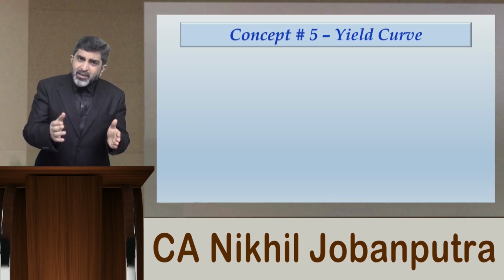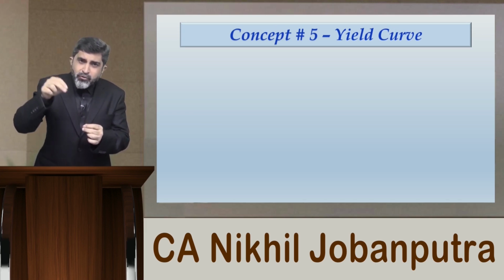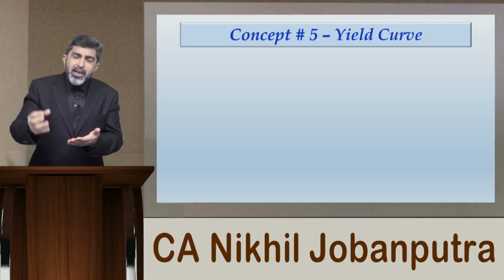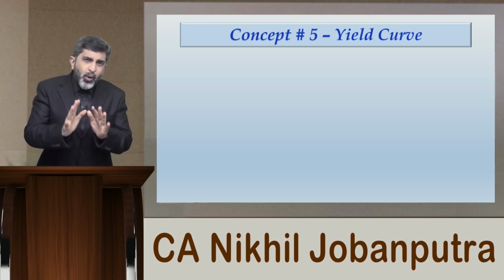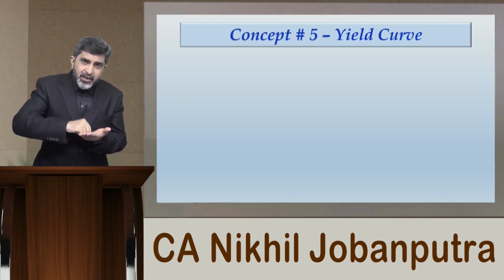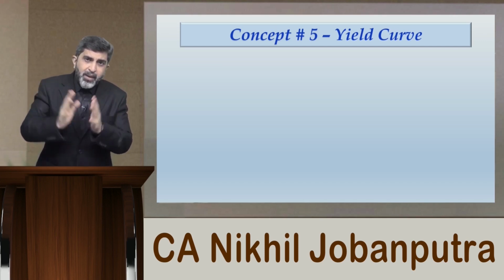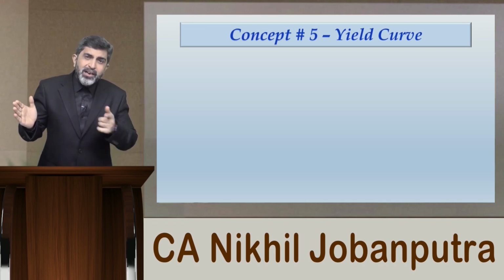So if you haven't done the bonds chapter yet, you can just understand a few terms. When I say coupon rate, it means the contracted interest rate offered in that bond. So if it is a 7% government bond, the coupon rate or the interest rate offered by that bond will be 7%. Now what happens if you become an investor in such a bond? Over the next 10 years, the interest rate prevailing in the market, that is even in the bond market, may change, correct? Interest rate may not always remain stable, interest rates keep changing.